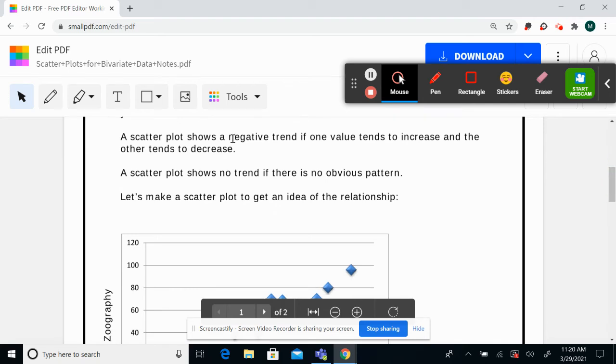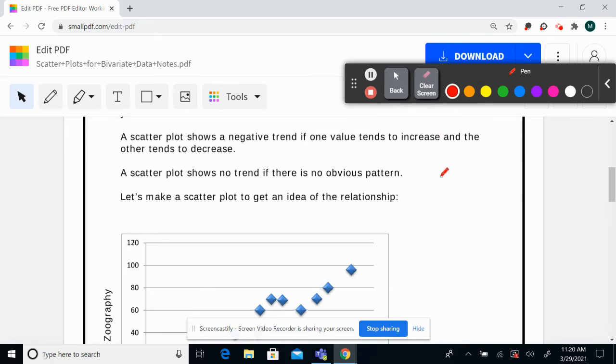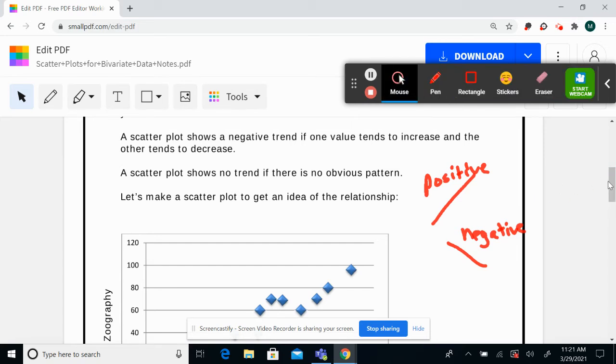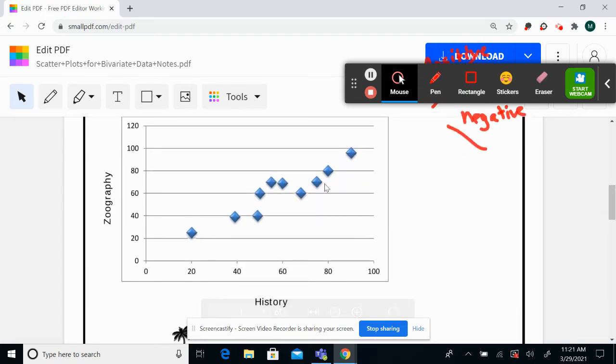All right. A scatter plot shows a negative trend if one value tends to increase and the other tends to decrease. So, of course, and let me turn my pen on here. You should know that of course, this is a positive slope, right? This is positive slope. We already talked about that. And this one is a negative slope. Okay. So when we're looking at data and we put it on a scatter plot, we should look at the trend. Is it positive or negative? Okay. So looking here, this one obviously is a positive slope,